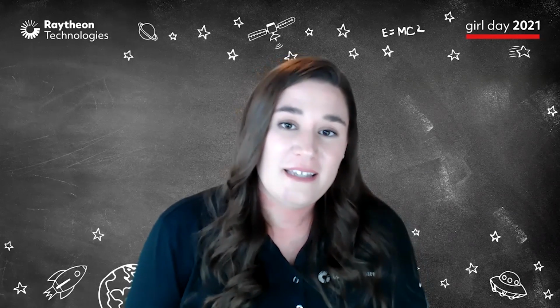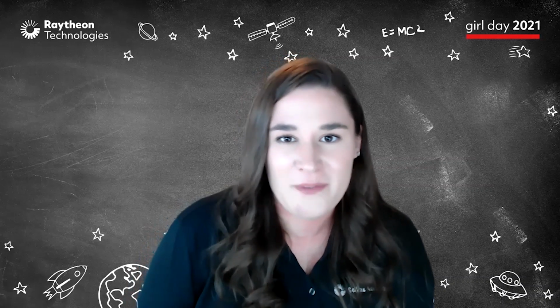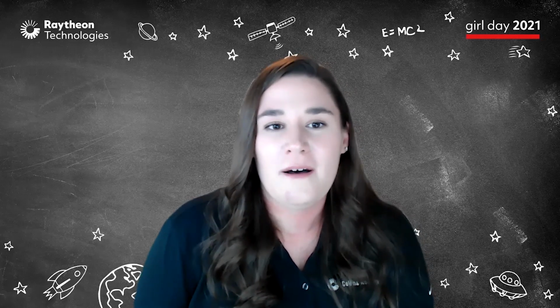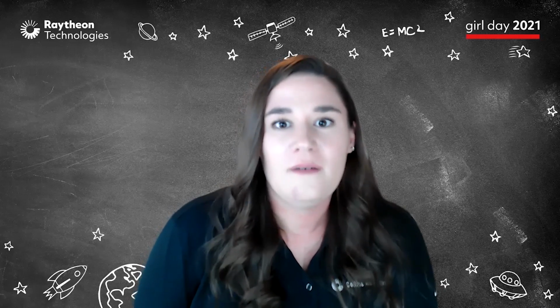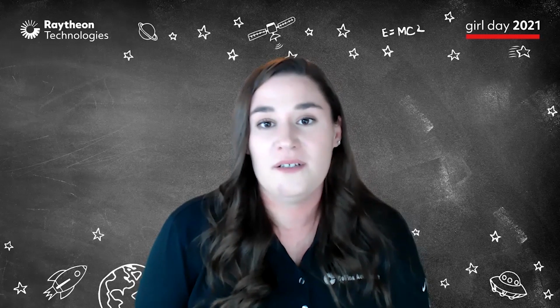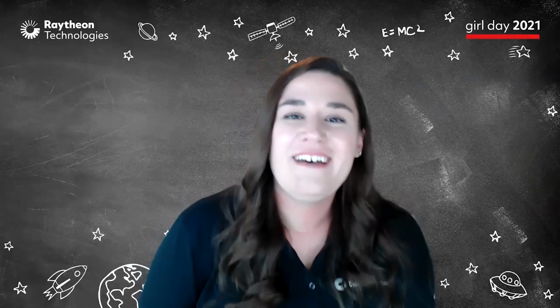So what they have inside the EMU is a special drink bag. It's very similar to a CamelBak that you might be using for hiking, where it has a flexible plastic reservoir and a straw that comes right down near your mouth. And so they're able to move their head into position to drink water anytime they want during their EVA. However, on the other side, when you need to go to the bathroom,